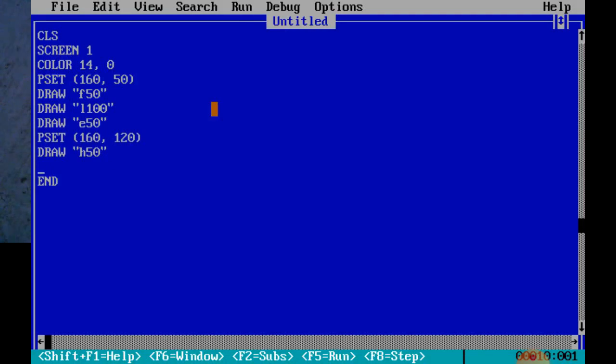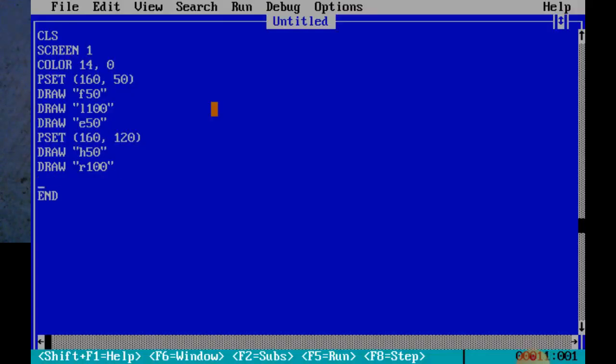And now next we move again to the right side. So for the right, R, we write here draw R, and whatever you are writing you will write in the quotation mark, meaning double inverted commas. So R 100 here. And then again you can see press F5. Now it is the right side, right line here. Okay, now next here we put the G, that is to draw a line in the downward direction toward the left side. So here again we write 50. Okay, and close the, now you can see as pressing here.